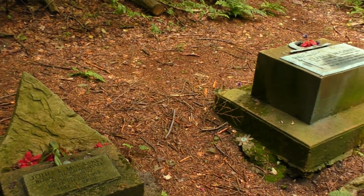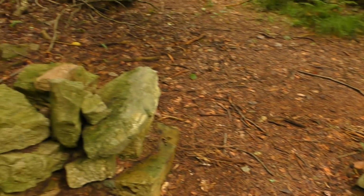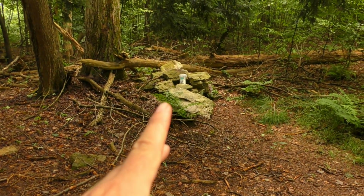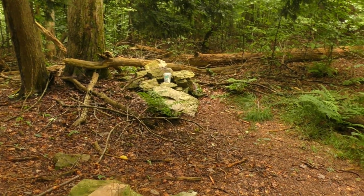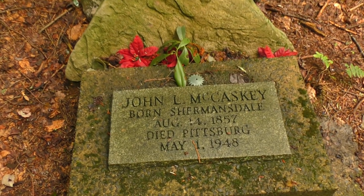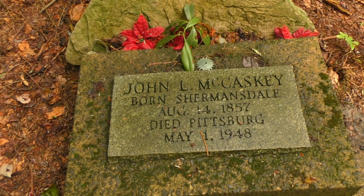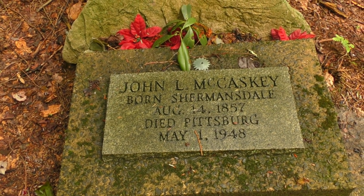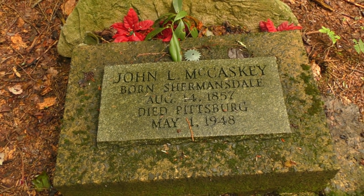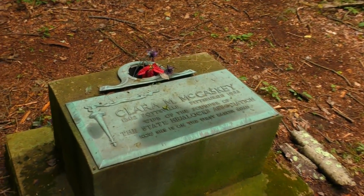All right, let's take a look at them. I'm cooled off now. So there are two of them here. There are some other monuments up here. I'm not sure what they mean. It looks like there might be a container up there for a log book or something, but let's take a look at these. This is John McCaskey, born in Shermansdale, August 1857, died in 1948. Over here, I believe this would be his wife, Clara McCaskey,